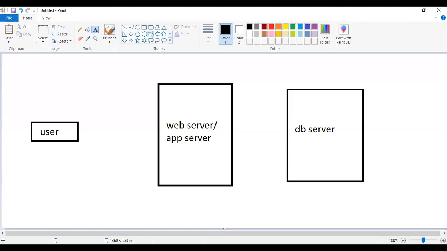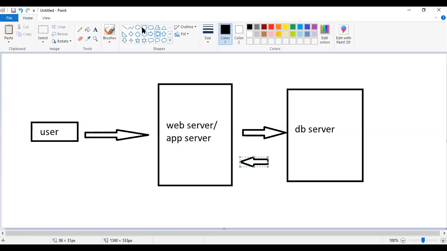Okay. So I'll send the request to the web server or application server. So here that will connect with the database. That means all the user requests are taken by the web server, and for example, if the user request involves some data storage, then the web server will contact the database server and the corresponding data will be stored here. And if the user request is to retrieve some data from the database, then the web server will take that request and fetch the corresponding data from the database, then it will be given to the user.